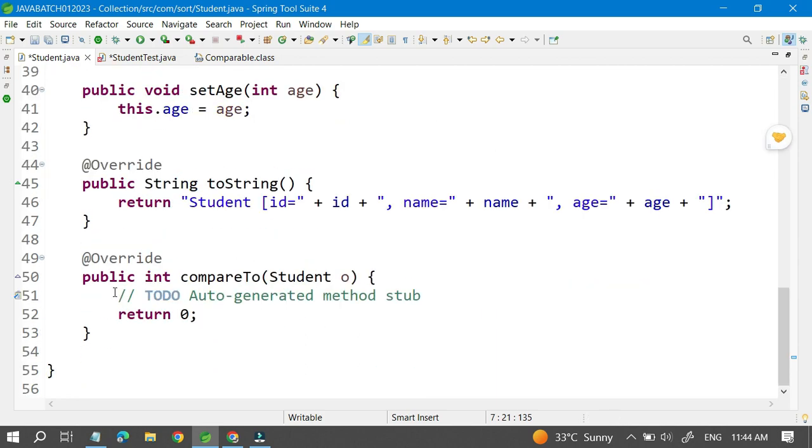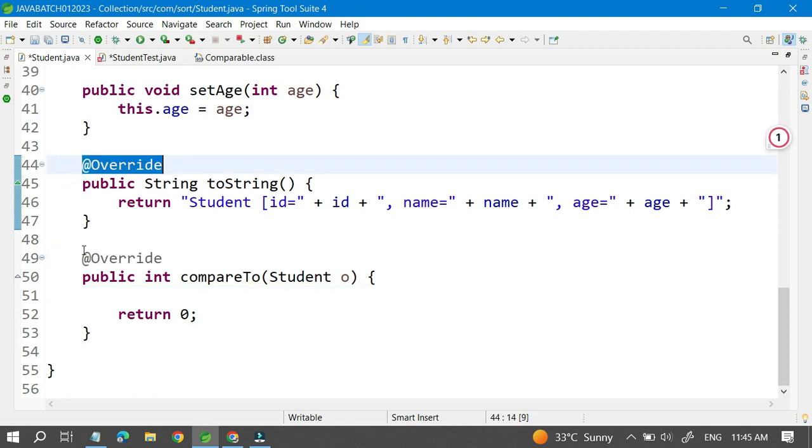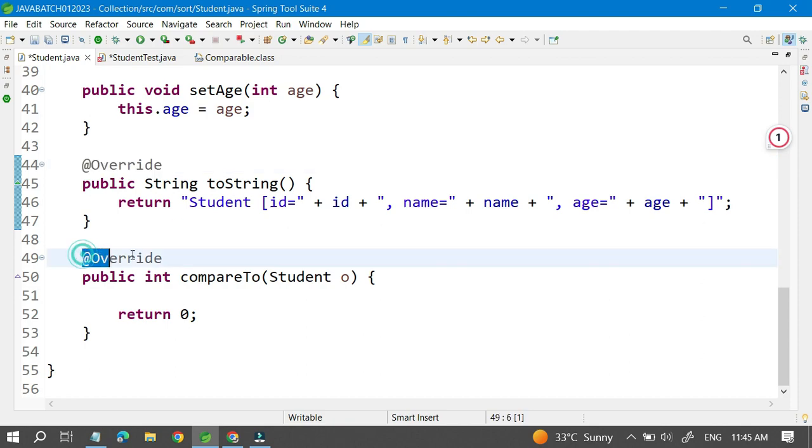Here you have to write a logic, and it's an override method. For example, we have an overridden method in collections called toString, and here you can see compareTo. Those are the overridden methods. I hope it's clear. Now if you go here and save it,